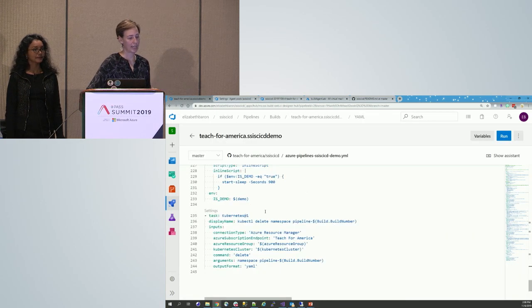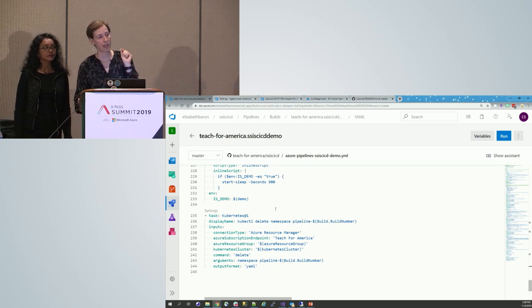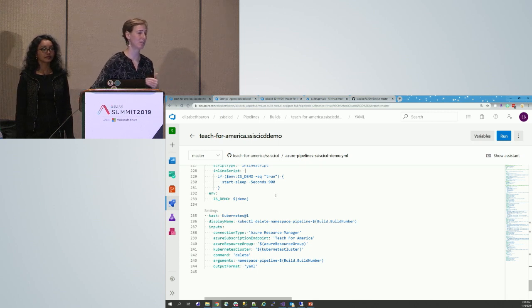And then finally, we clean up, right? We have a limited amount of space on Kubernetes. Kubernetes is based on the number of VMs that you set up, even AKS, Azure Kubernetes Service. I currently have a 2-node node pool. A node is like a VM, and I've set up 2 Windows nodes in my node pool. But it will run out of space and eventually just stop deploying if you don't clean up your namespaces. So this last task is to clean up your namespace so that you can run as many pipelines as will fit on the number of nodes in your node pool. Again, if you have auto-scaling, it's almost like you can run all the pipelines.